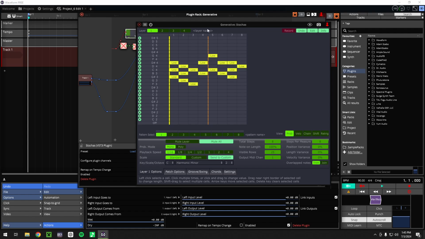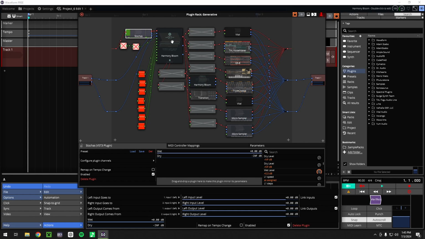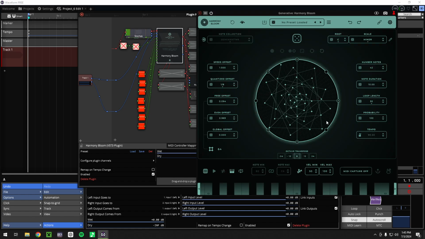Stochas is going to choose a note, and then it's going to output that note into this instance of Harmony Bloom. This instance of Harmony Bloom is doing a lot. This is going to be the main driver of everything else happening throughout the entire rack. Inside this Harmony Bloom, I have it set to a very long loop length, and the speed offset is something other than 0. You can have it be really low if you want your generative sounds to be very consistent and sound the same, or you can set it very high so that they're very chaotic and different each time. And then make sure we quantize